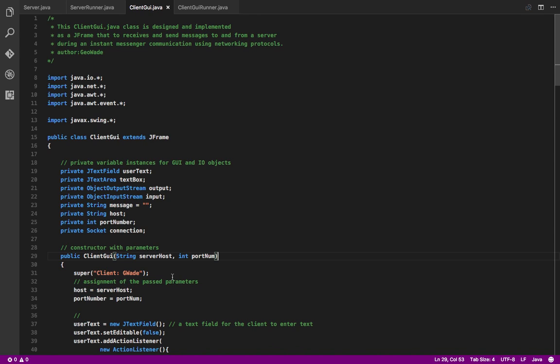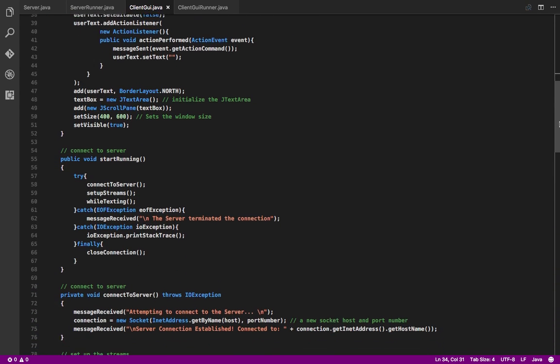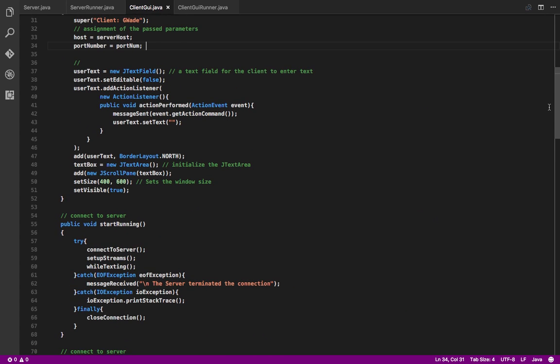Now, I've given it a title, client GUI. The server host is going to be passed a string, and the string that's passed to it is going to be stored in server host, and server host is going to be assigned to the variable host. So whatever is stored in server host is now stored in host, which is important. And pretty much everything is almost exactly the same as previous, except for